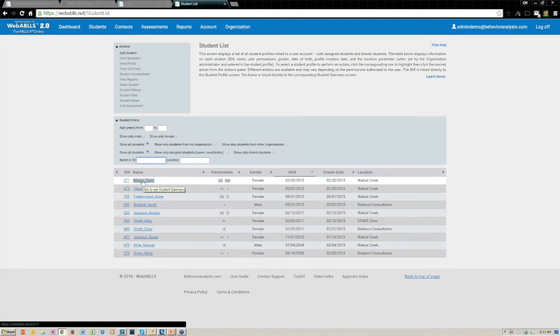Wherever you see that hyperlink with the student name, it will take you to that student summary screen. It's a very quick shortcut. Another thing about our lists is, you'll notice up here our action panel links are all grayed out. They are inactive right now. That's because we're on a general list with a lot of students, and the system doesn't know what summary maybe you want to go to.